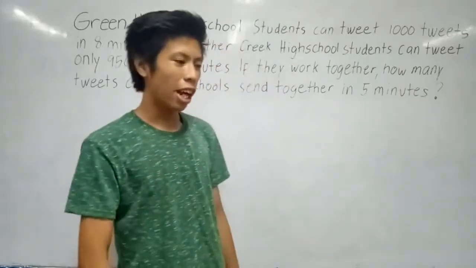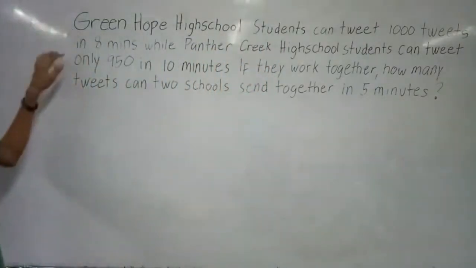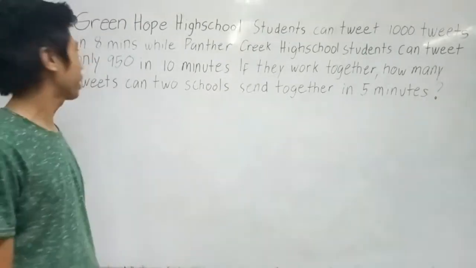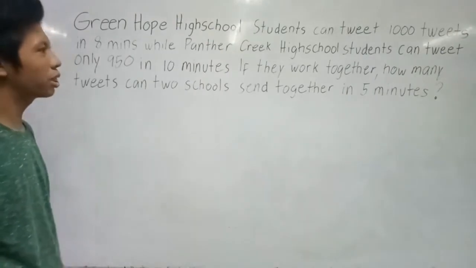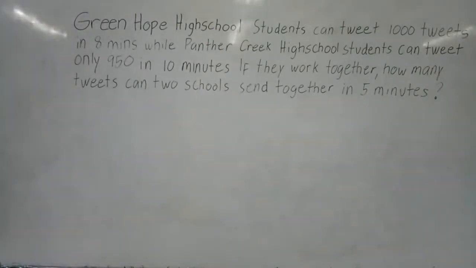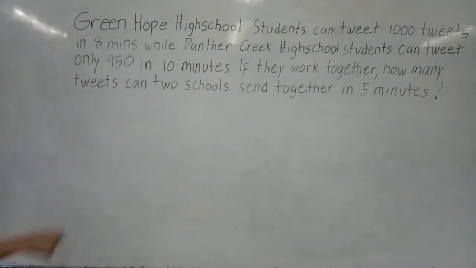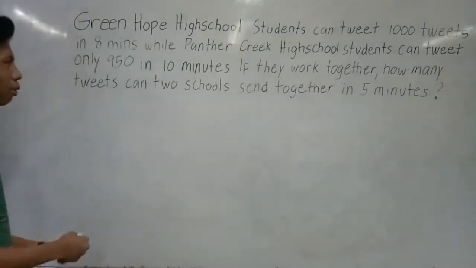So today, I will show you how to use rational functions in a real application. Our problem is, one high school student can send 1,000 tweets in 8 minutes, while another high school student can send only 950 in 10 minutes. If they work together, how many tweets can the two schools send together in 5 minutes? So we're using this